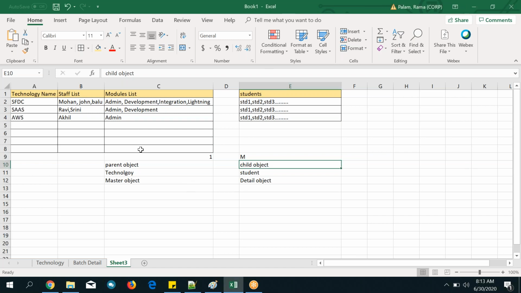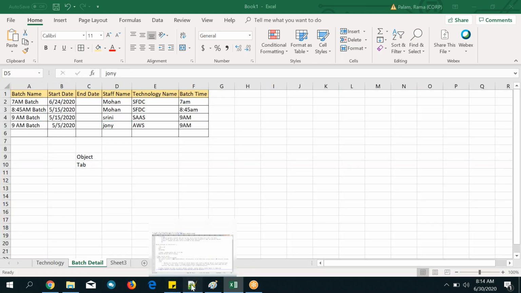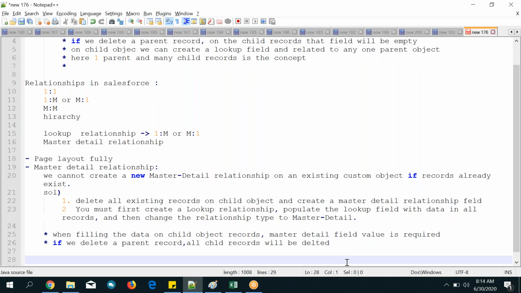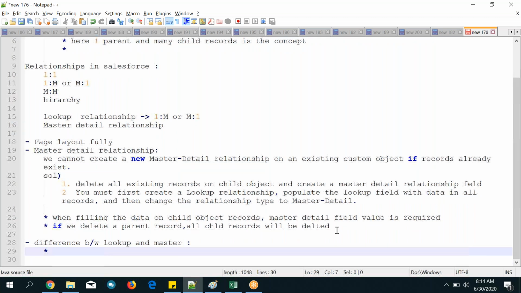I hope everyone understands the difference between lookup and master. Now, what is the difference between lookup and master? This is an interview question. Only two points you need to remember.